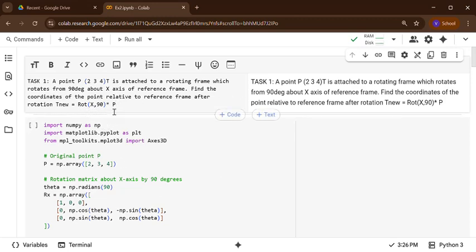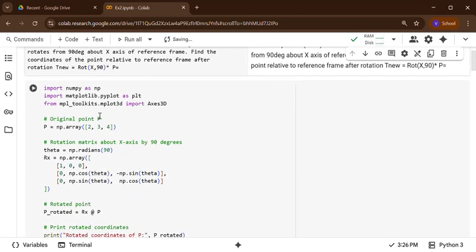If any point is there, you have to give that rotation matrix, and then it should be multiplied by this. We have already seen that for each rotation, which means x-axis, y-axis, z-axis, we have one derived formula, which we have already discussed. So let's see. X-axis and 90° means first you have to define the matrix. Before that, we have to import numpy because this is a matrix with many values, and matplotlib for plotting, and it's a 3-dimension axis, so that's why we are using these library functions.